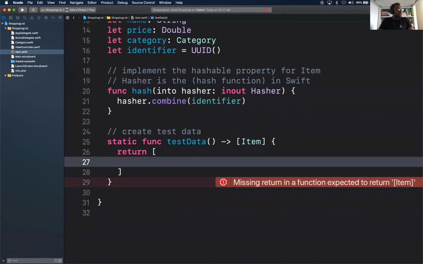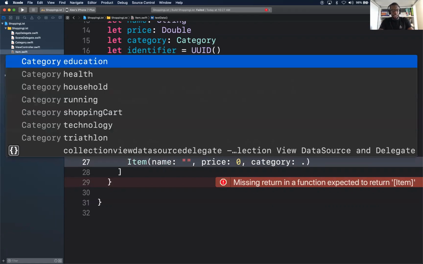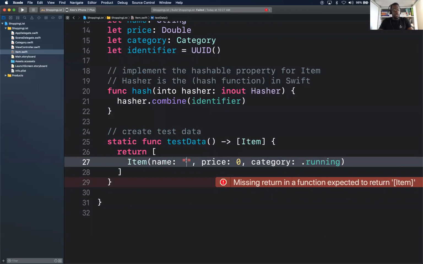So what items do I want to create here? Let me go back to this guy, blow that up a little bit. All right, let's create some items. Item has a name, has some price, has some category. Name here, I'll say Polar. Feel free to add your own items.